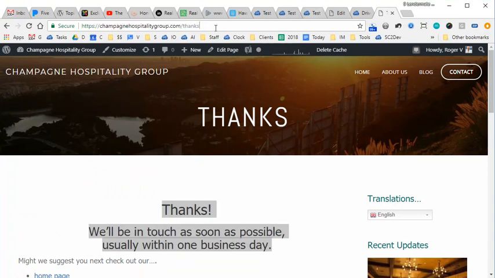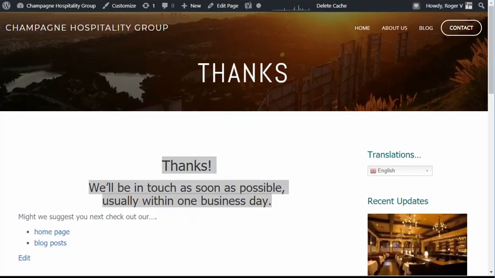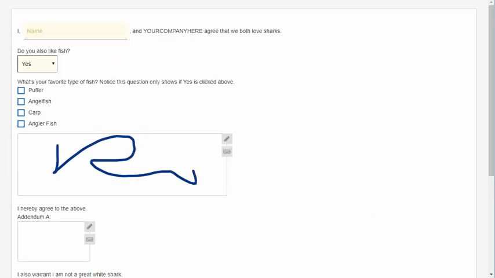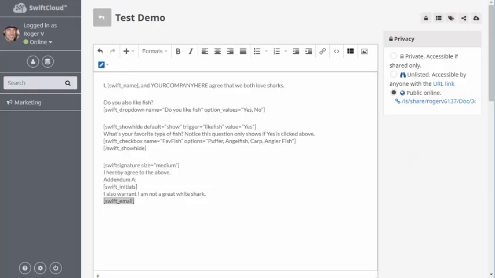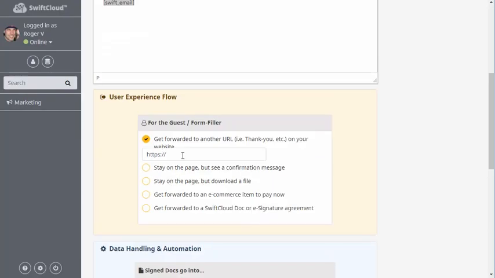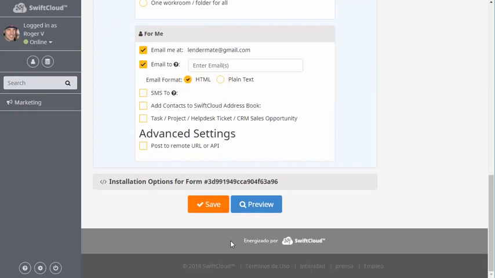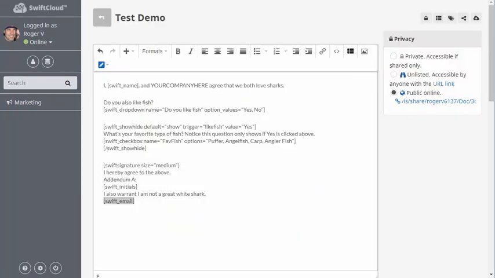So what we'll do is we'll copy that, hit Control-C, we'll go over here into the control panel. We can close some of these. And what we want to do is just paste that right here. And just that. And then we hit Save. And now what will happen as soon as we've signed this document, so I'll go ahead and sign it right now,